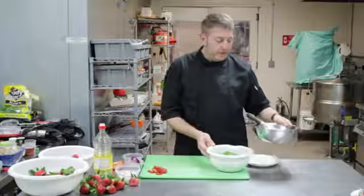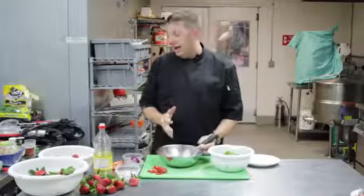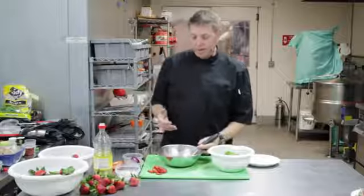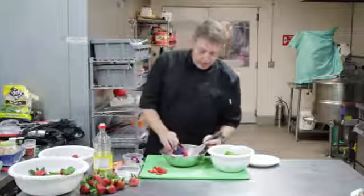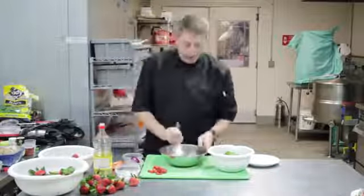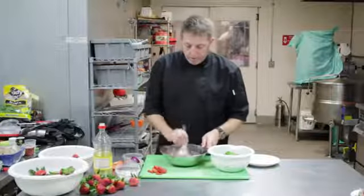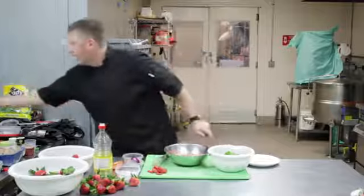And now for a dressing, I've got this strawberry sauce that I made that I like to garnish onto a dessert or something like that. But we'll use that to make a wonderful dressing. So I'll add a little more of the puree, and it's just a puree of some strawberries with a little bit of sugar. So I'm not going to add any more to that, but I am going to add some